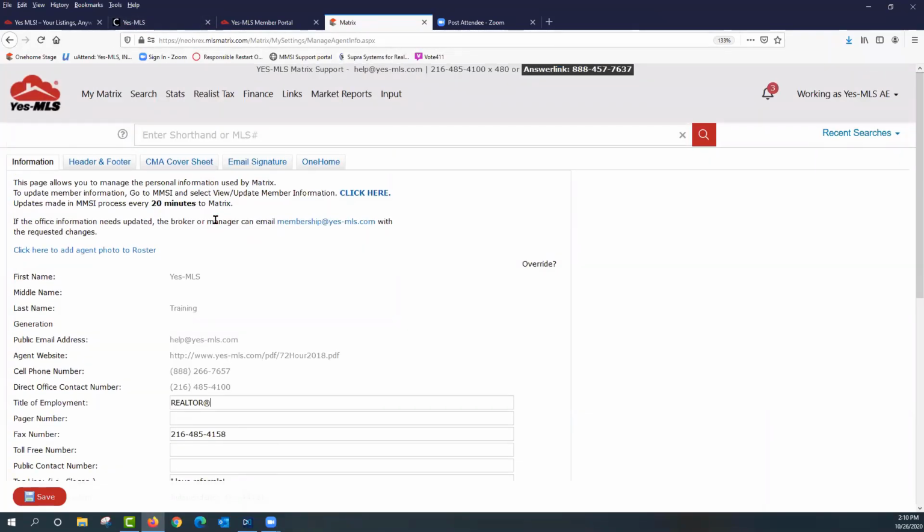Next, once you've got this data all cleared up, I would like to show you your header and footer. Headers and footers are what will print on the printouts today. It's no longer part of that client portal. So header footers are for printing only. And if I go into header and footer,